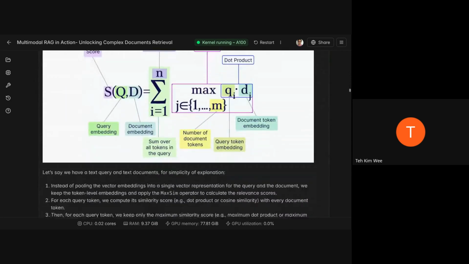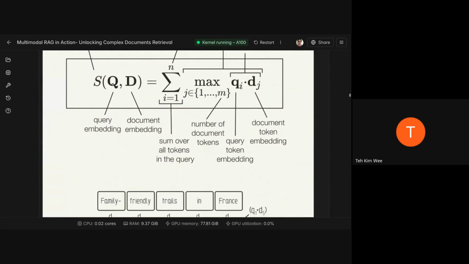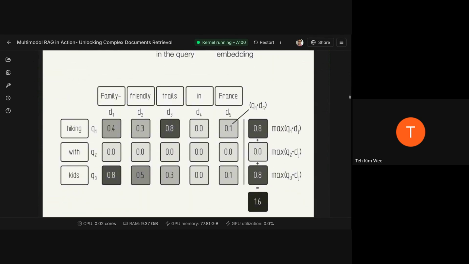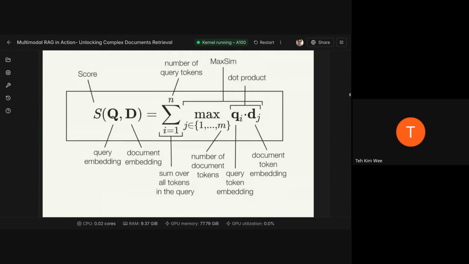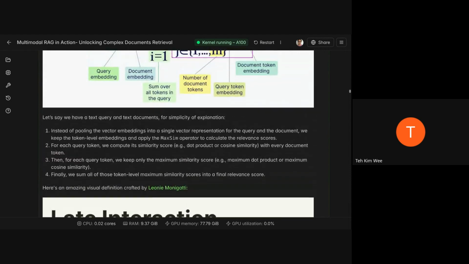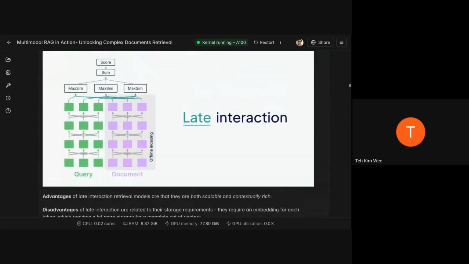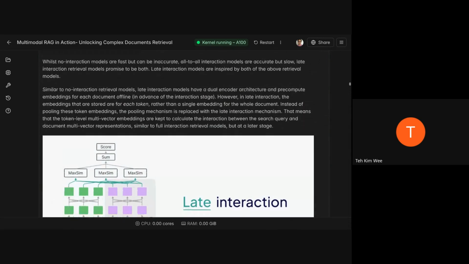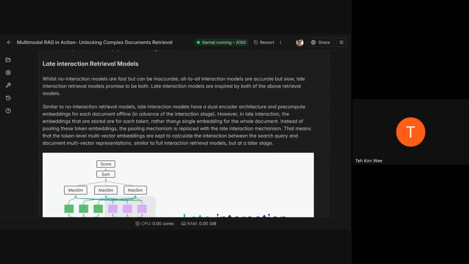How it works is, okay, this might look scary, but actually it's very simple. In the interest of time, I will jump straight to how it works. So late interaction, right? Let me see, I'm sorry, I'm trying to find the gist of it. Yeah. So late interaction,